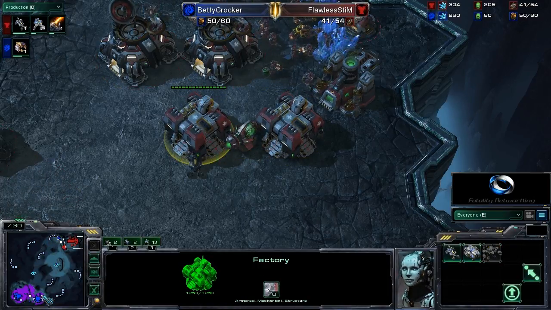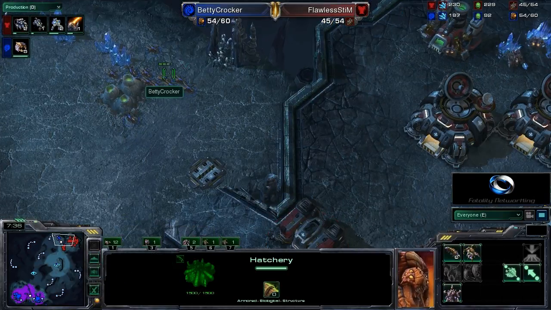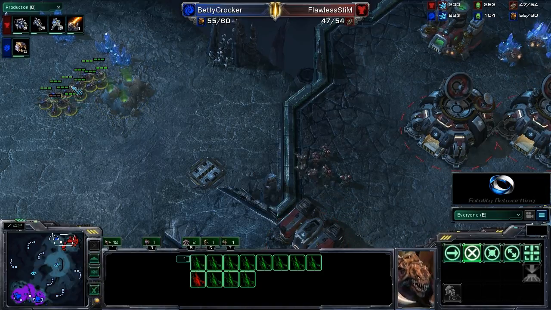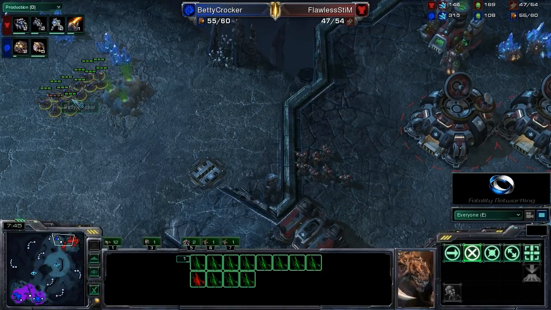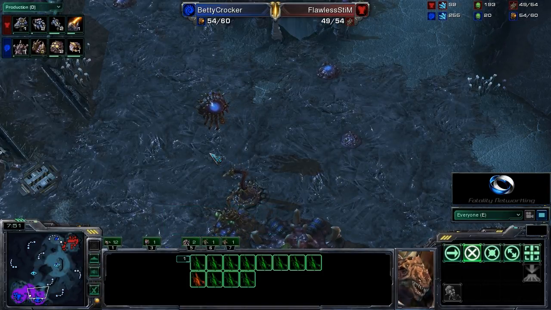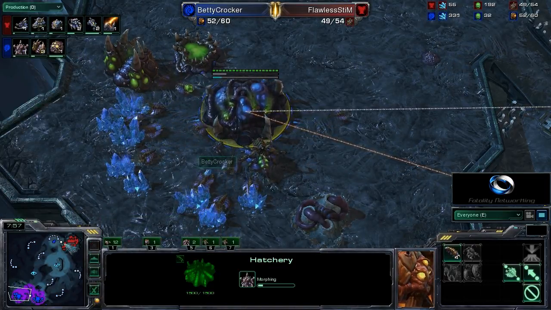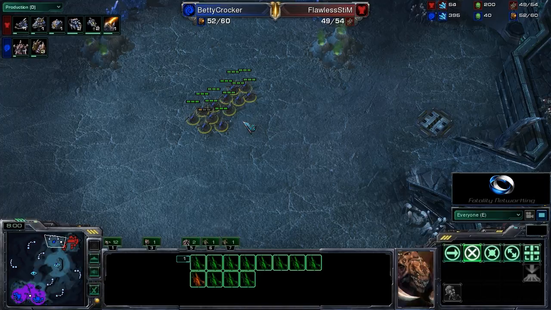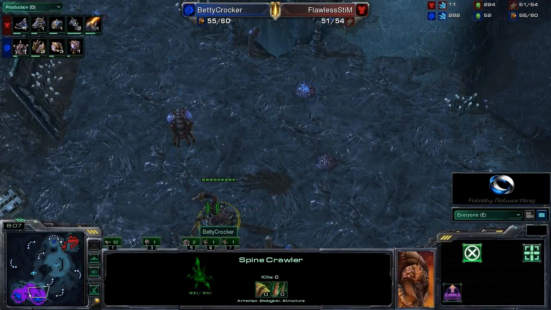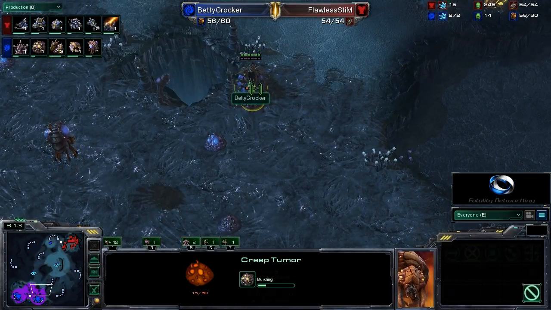And this is very, very good. A very good choice from FlawlessStim here. Just seeing that right now, Bettycrocker really only has Lings to defend. And this is one thing that Zergs really have to be curious about, just staying with Lings for defense against Terran. Because if they wait too long to tech up, which you are seeing that Bettycrocker is doing right now, a good Hellion timing attack here will absolutely tear them apart. Unless you have enough spine crawlers and can retreat and try and minimize the damage from the Hellions, it's so